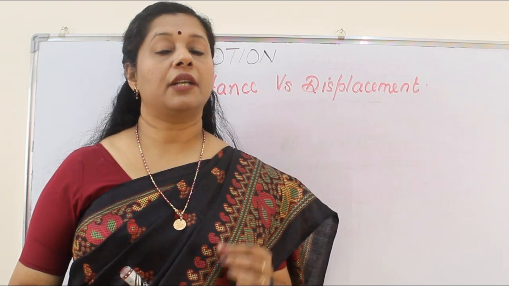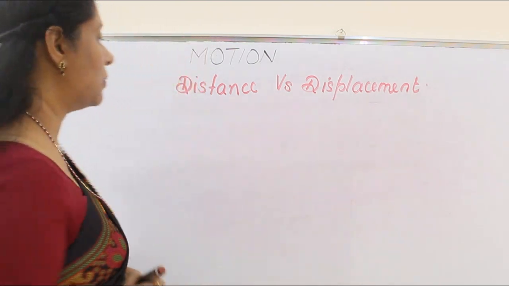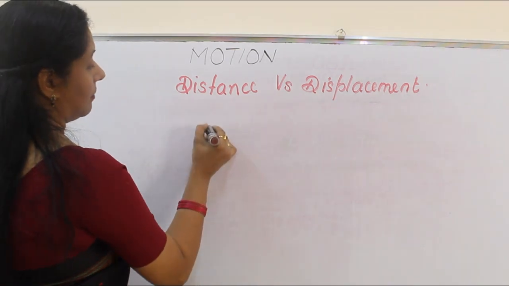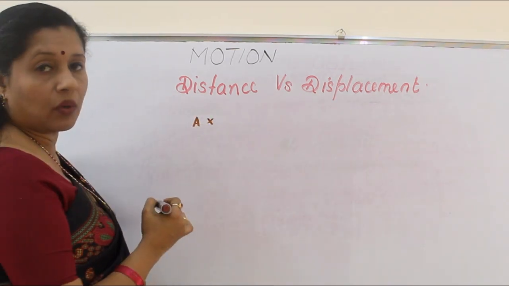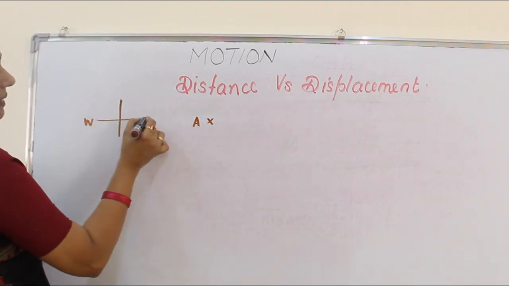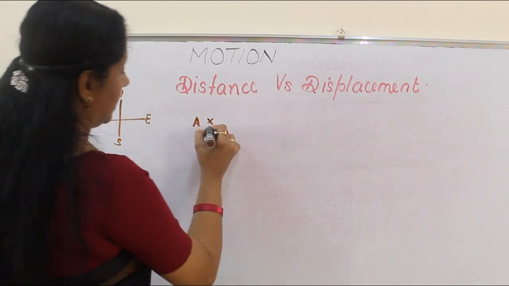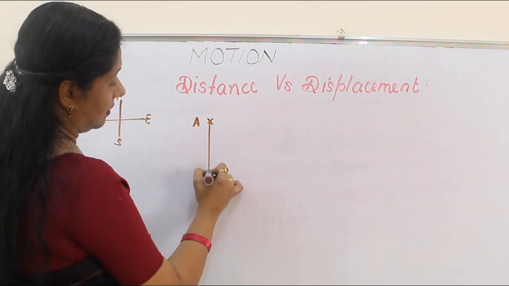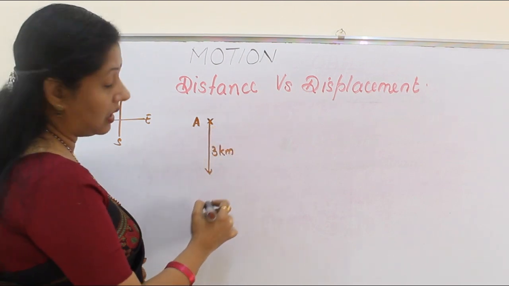Now we will understand two important concepts, distance traveled and displacement. Suppose you are starting from your house, that is point A, and first you are walking in the southern direction. You know that this is west, this is east, this is north and this is south, right? So from here you are walking 3 kilometers towards the south and you are reaching